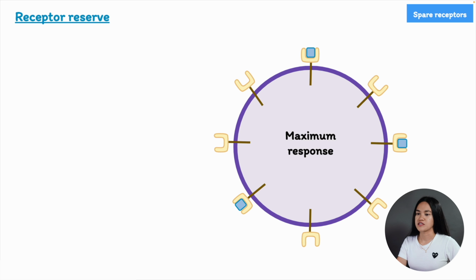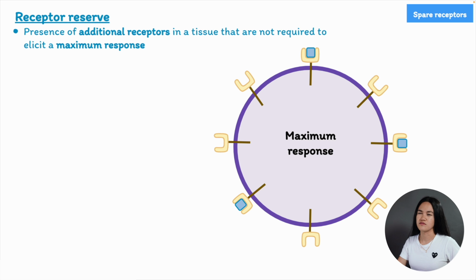What are spare receptors? So receptor reserves refers to the presence of additional receptors in a tissue or a system that are not required to elicit a maximum response. Okay? So this concept is closely related to the idea of efficacy, which is the ability of a drug to activate the receptor once it's bound. So full agonists, which have high efficacy, can produce a maximum response even when only a fraction of the receptors